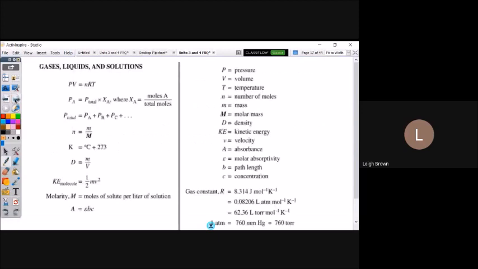All right, let's go to another one. And here's finally the formula sheet. I thought it was up a little bit earlier. You might add more formulas to yours, like we had said, percent yield. On your gas constants, remember this first one is an energy R. For our gas laws, the only two you should be using for PV equals nRT are these second two. 0.08206, because there's our pressure in atmospheres. And if you were given a pressure in torr, which is the same thing as millimeters of mercury, you could have used this one. So make sure you realize for PV equals nRT, you're only going to use those. You should write that on your formula sheet so you won't accidentally use the first one.